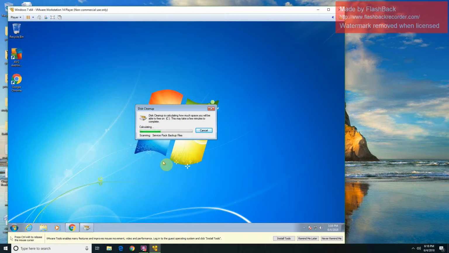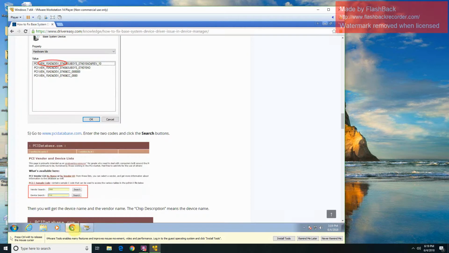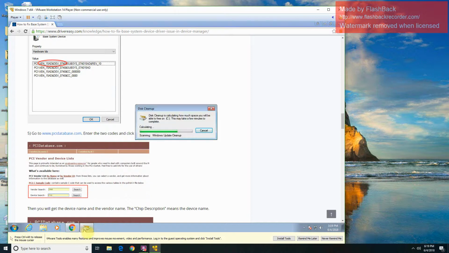Okay, it might take a while if you don't do this a lot, because it has to look for every file and calculate its size. Okay, Windows Update Cleanup. While it's doing that though, another program you can use for this, well, it doesn't do everything Disk Cleanup does, but